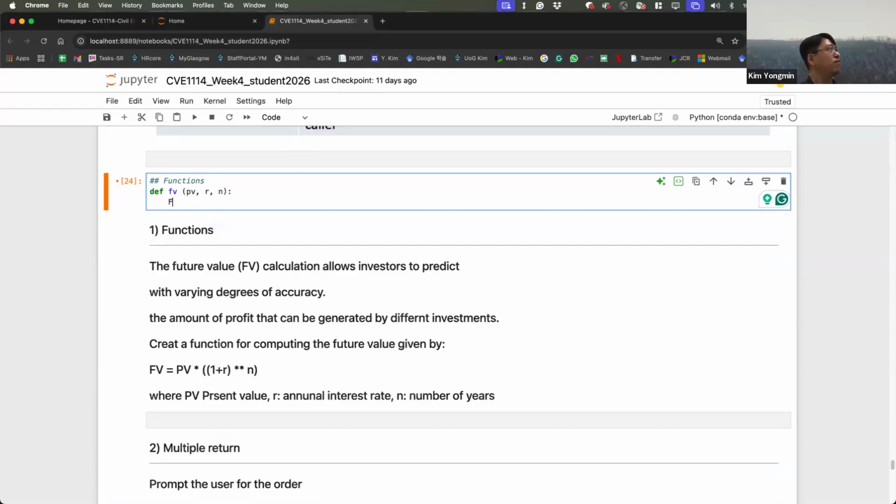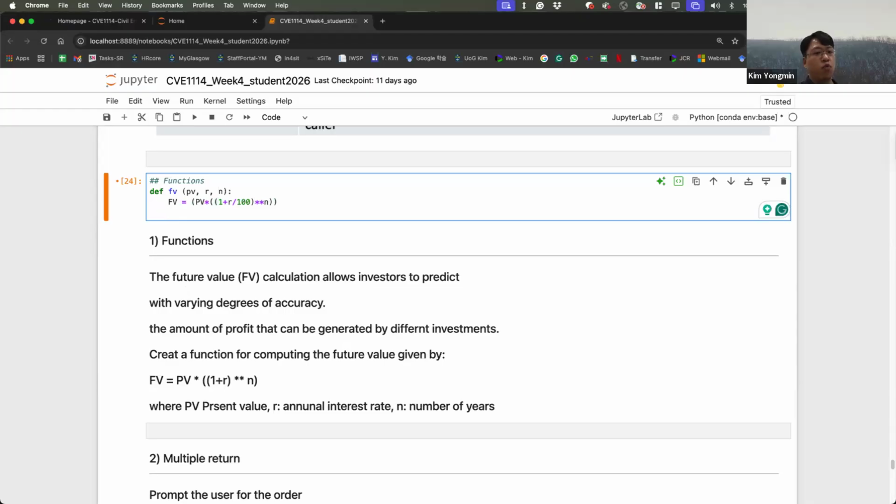Simple. FV equals PV times (1 plus R) to the power N. These are probably rates, so I divide by 100, which is the percentage.